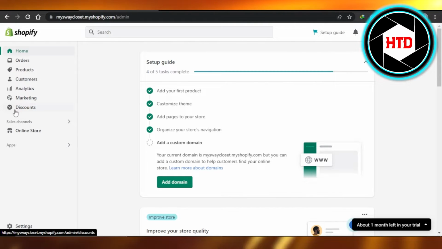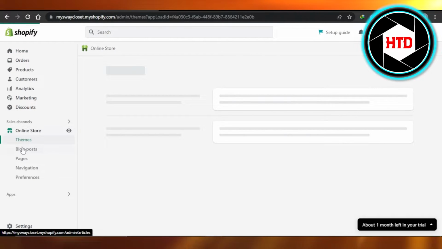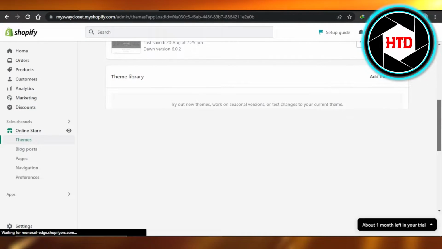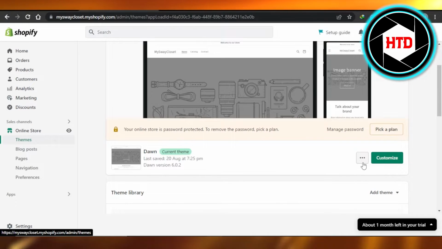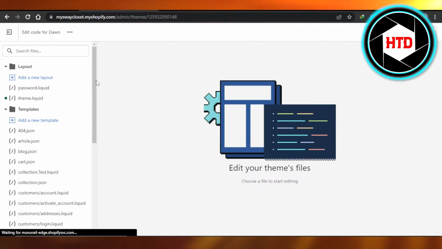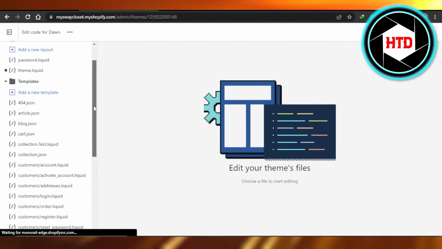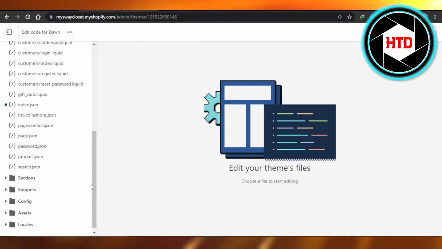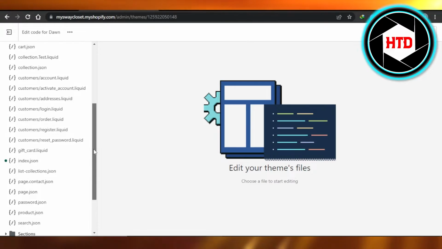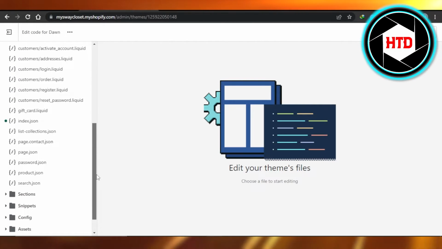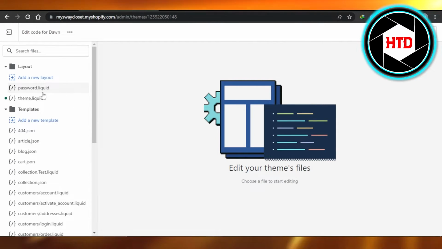What you guys need to do is you will click on online store, then you have to click on themes. So once you click on themes right here, what you guys need to do is you will click on edit code. So here we will actually be editing the theme that we have selected. Now it also depends on your theme, what theme you have selected. So here we just need to customize the code a little bit and we will be able to get rid